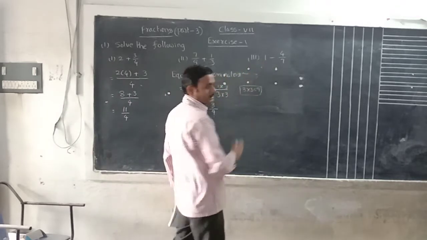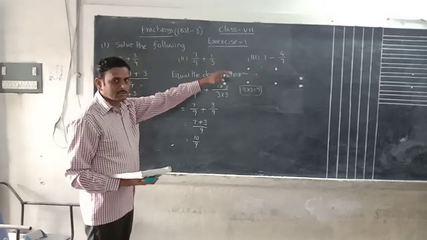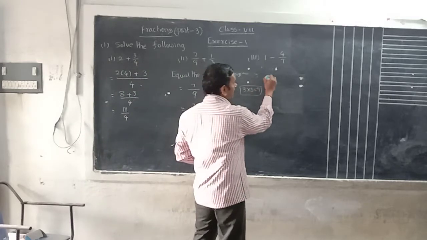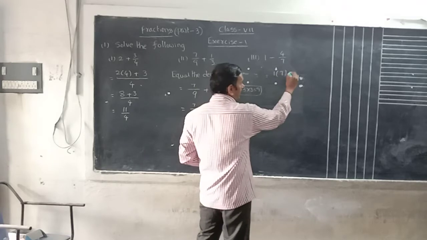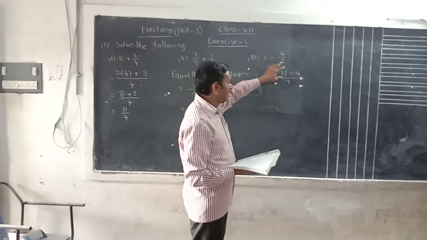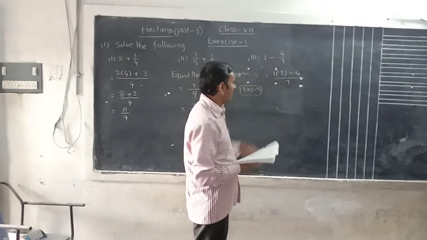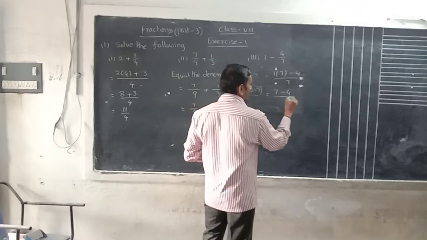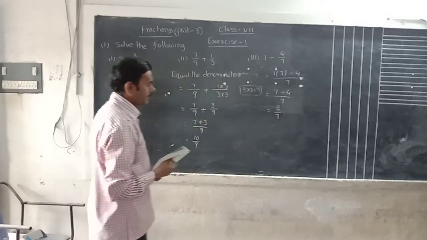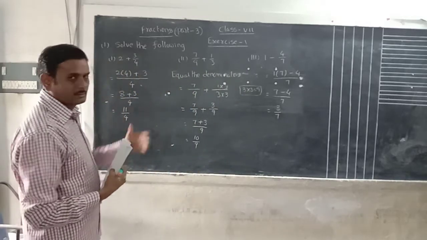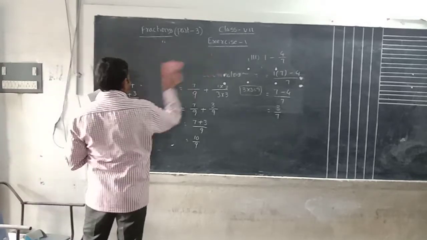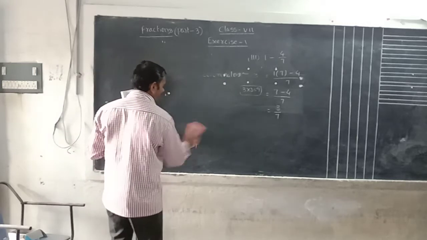Now what is the answer for this one? Subtraction is given, but the method is the same as the first one. Here the denominator is not there, which means 1 multiply 7, minus 4 by 7. The denominator not available means this is the whole part. Whole number multiply with the denominator, minus 4 by 7. 7 minus 4 is 3 by 7. That is the answer for these three. Next go for the remaining sums. 3 more sums are there. We will complete those.